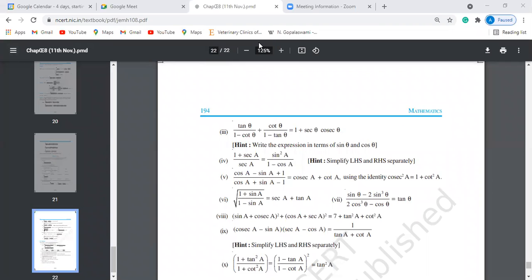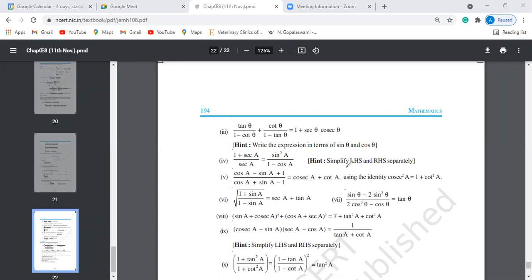See, the next ones you have to solve at home. I'll solve them tomorrow morning in the class, because at least you have to try some of the problems. If I do all the problems, then there is no meaning. Of course, tomorrow I will solve, but at least you have to try today.